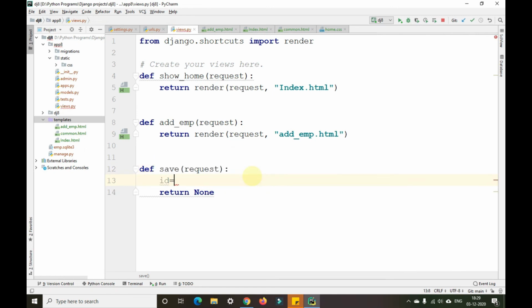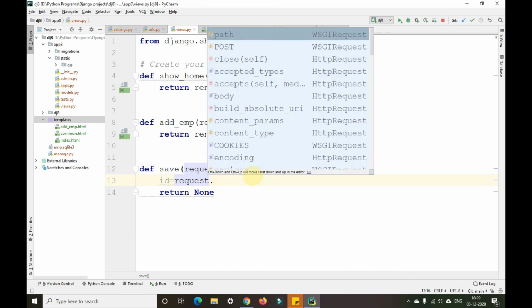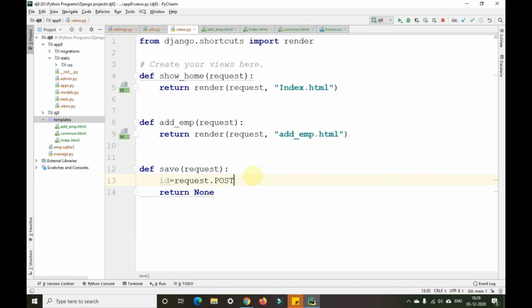ID equals to request dot POST dot get as T1 here. In the same way T2 here. So this is actually the name, guys, not ID.